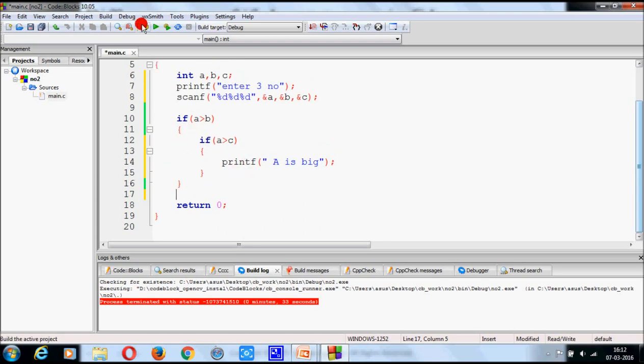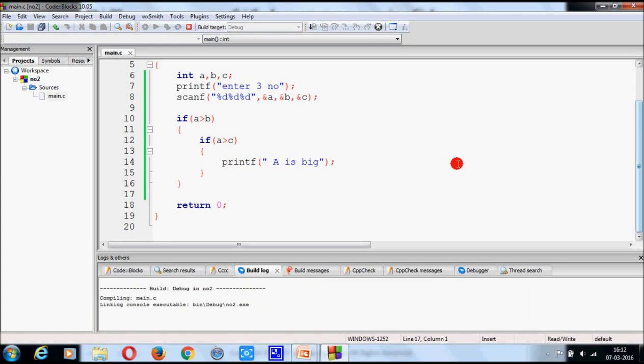Now come here, compile this program. Yes, you did not get any error or warning. That means here we will take three numbers as input, A, B, C, and we will check that if A greater than B and then A greater than C, then we will decide that A is the biggest number.